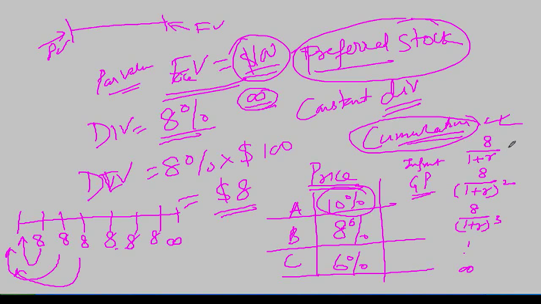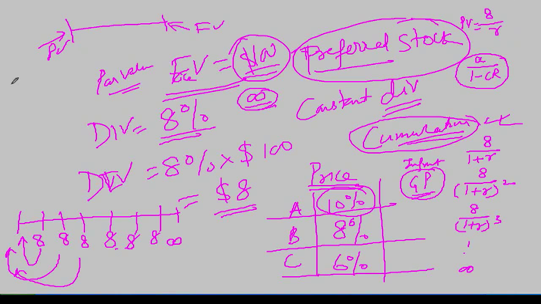Because if you see, if you multiply this with 1 by 1 plus R, you will get the next term. So it's a geometric progression, and it is an infinite geometric progression. The way an infinite geometric progression works is, you have a formula: the first term divided by 1 minus the common ratio. If you put this in over here, you will get the present value as 8